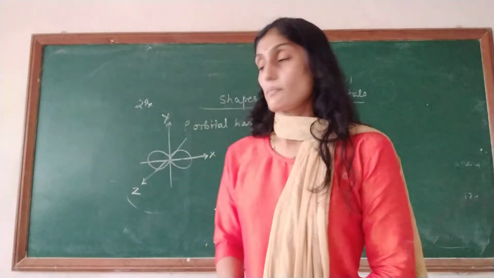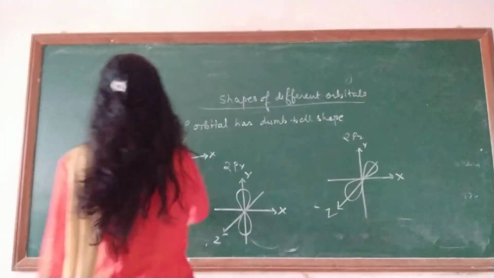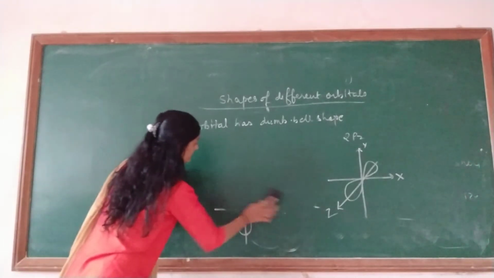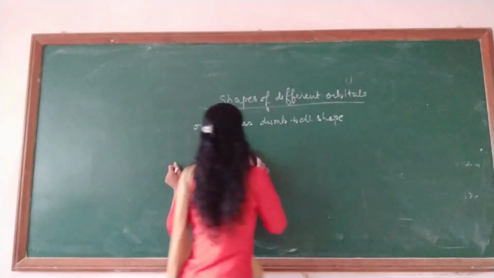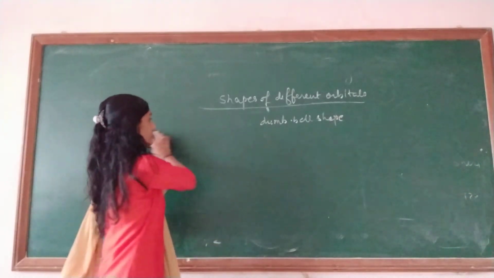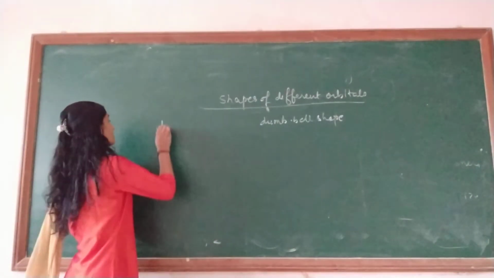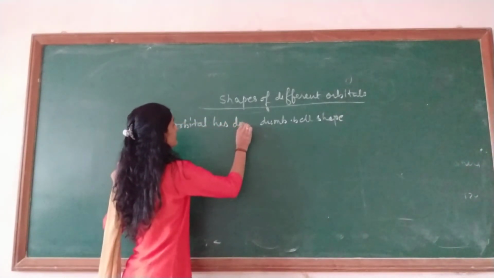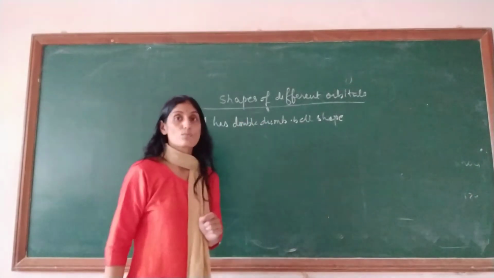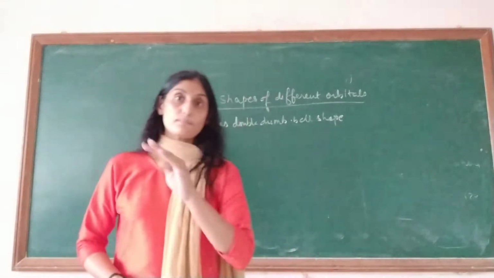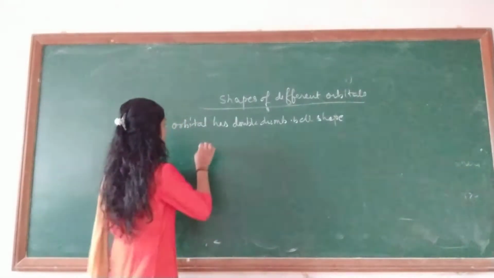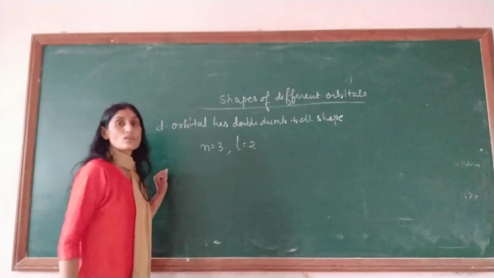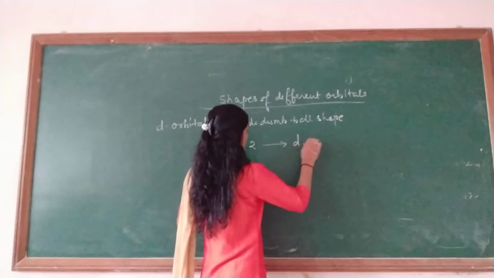D orbital, when we talked about, children, it starts with, if you have done this, then you just move to d orbital. Instead of dumbbell, now d orbital has double dumbbell shape. That means what? It has four lobes in the different particular axis. Now it starts with n is equal to 3. At n is equal to 2 there is no such orbital. So that orbital is d orbital.